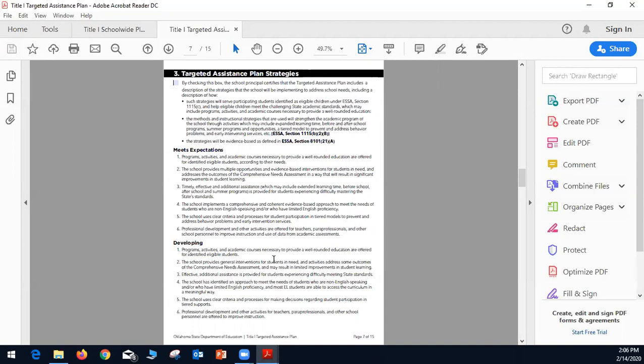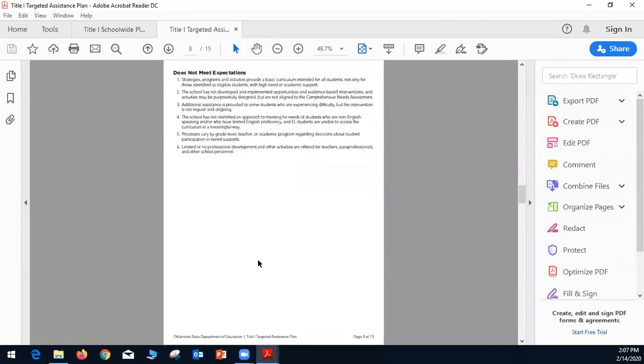A plan that's under development will have programs, activities, and academic courses necessary to provide a well-rounded education that are offered for identified eligible students. And a plan that doesn't meet the expectations will have strategies, programs, and activities that provide a basic curriculum intended for all students, not only for those identified as eligible students with high need of academic support.